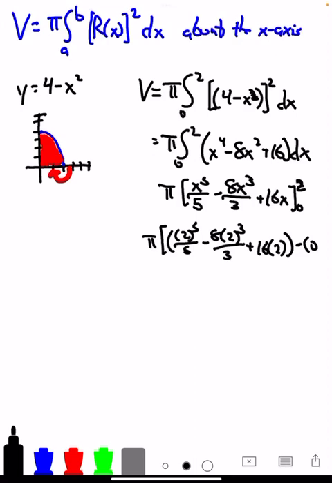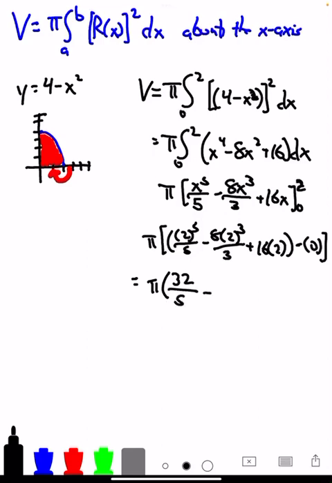Now, everything in this second part is going to be 0. And why is that? Because 0 multiplied by anything is 0. So this is where we really have to be careful. Everything from this point is pretty much algebra. 2 to the 5th power is 32 over 5,